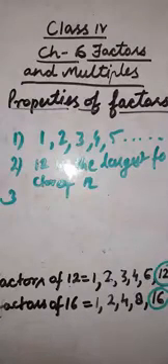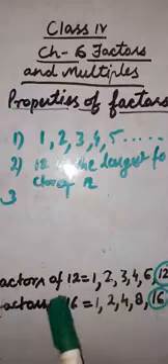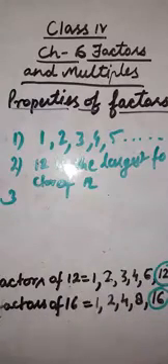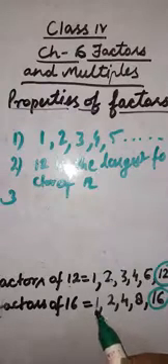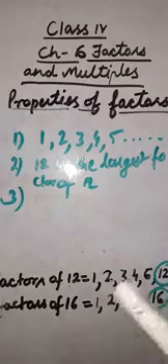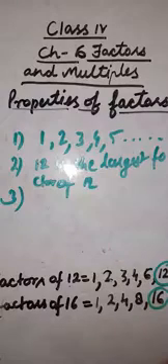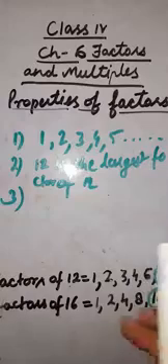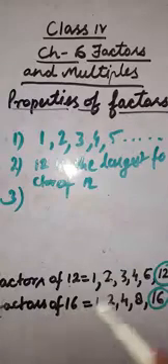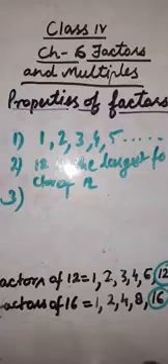A number has a limited number of factors. So here you can count the factors. Factors of 12, just count: 1, 2, 3, 4, 5 and 6. So 12 has 6 factors. And how many factors of 16? 1, 2, 3, 4, 5. It means that a number has a limited number of factors. We cannot find more factors than that. The factors of any number are limited, right. We cannot take numbers beyond the number itself as its factors. Like 12 will not come in the table of 13, because it is the largest factor, the greatest factor of itself. So factors are limited, right. It means we can count them. Okay, so this was property number 3.